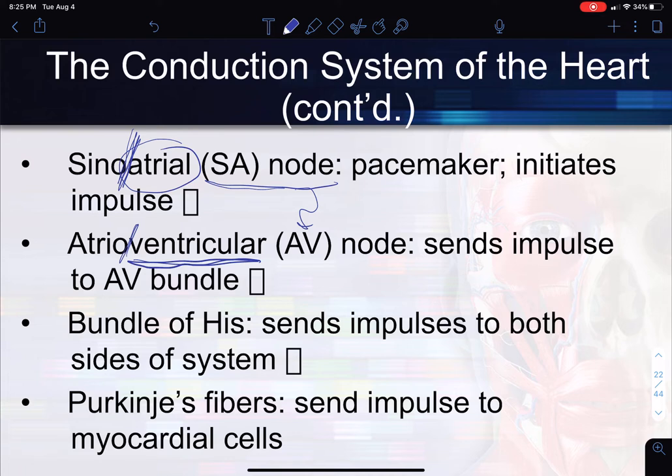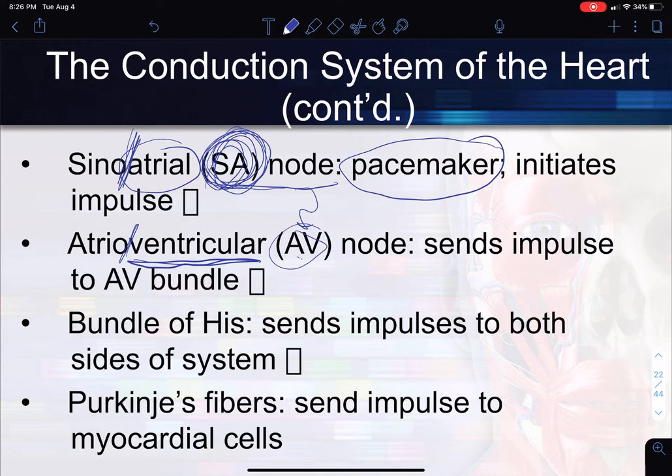So let's dive a little bit deeper. The SA node is the pacemaker of the heart, and this is what initiates any impulse or any initiation of any heart contraction. So the reason why the SA node is this and not the AV node is because the SA node is first. And if for whatever reason we don't hit the SA node first and we hit the AV node, then we're going to go into AFib or ventricular